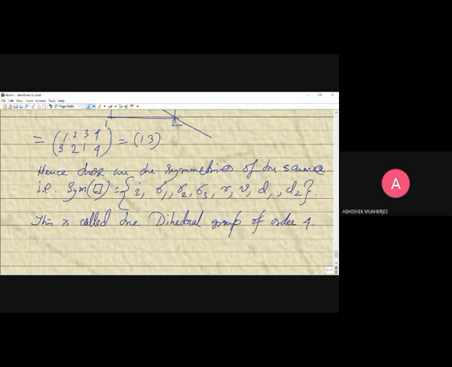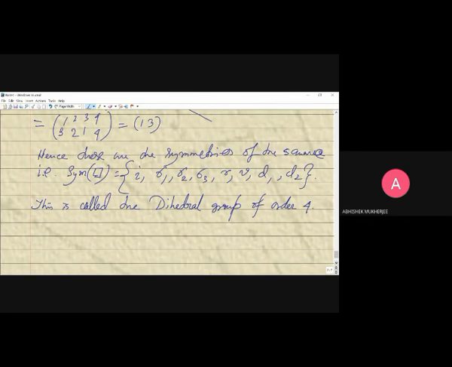And if you look at this example minutely, you will see that since there are 4 vertices and a square is actually a regular 4 polygon, right? And for this reason, this group